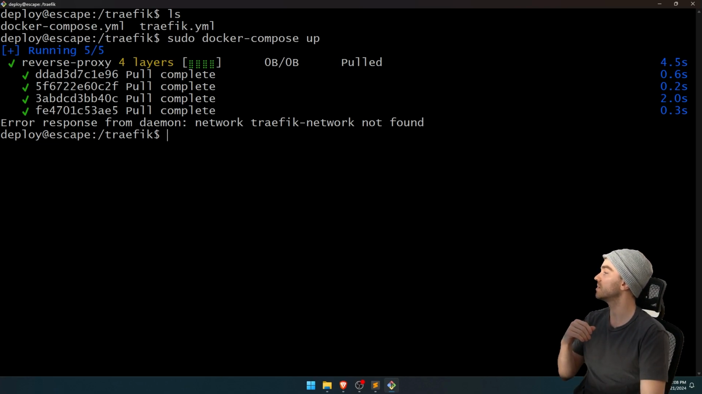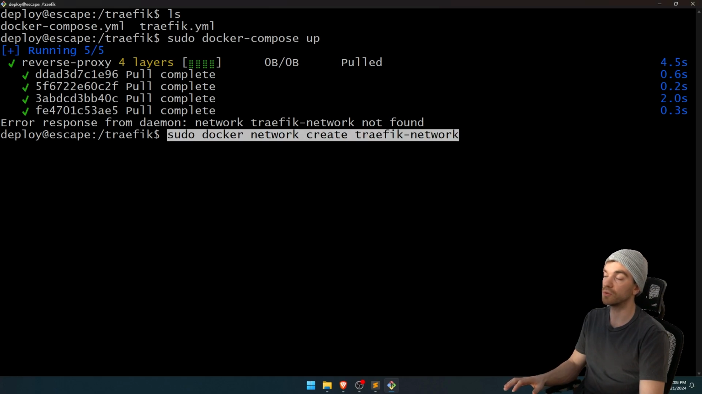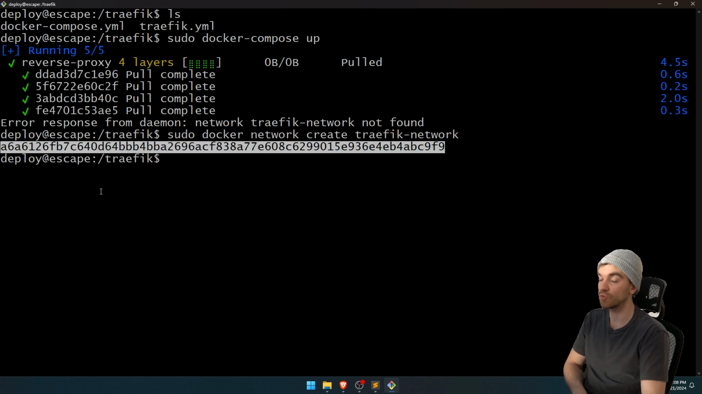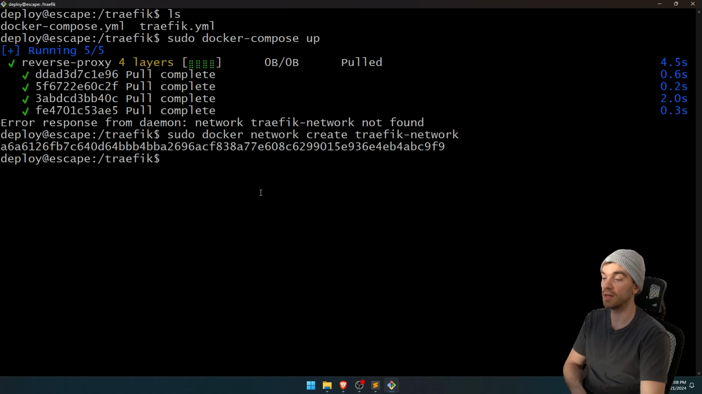So to create this, new line, sudo docker network create, and then the name of our network. Once this is completed, you should see a hash. You don't really need to remember this because we're going to be referencing it through name, so through traefik network. Let's hit the up arrow twice so we can go back to sudo docker-compose up, hit enter,